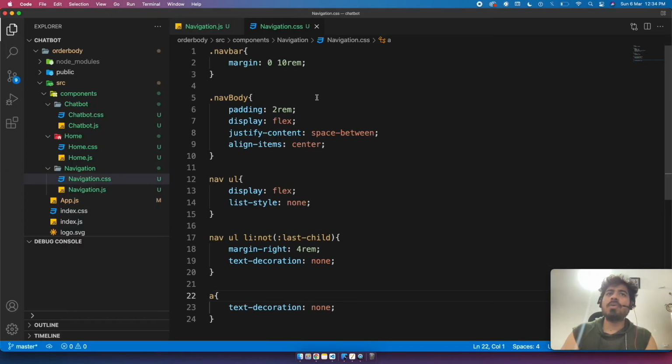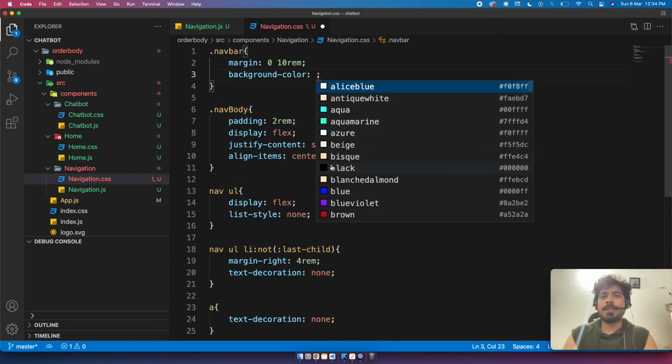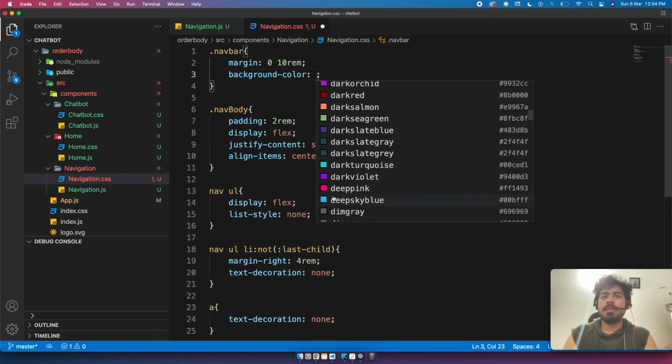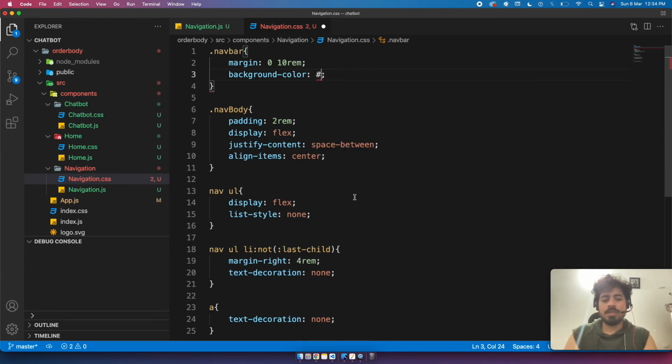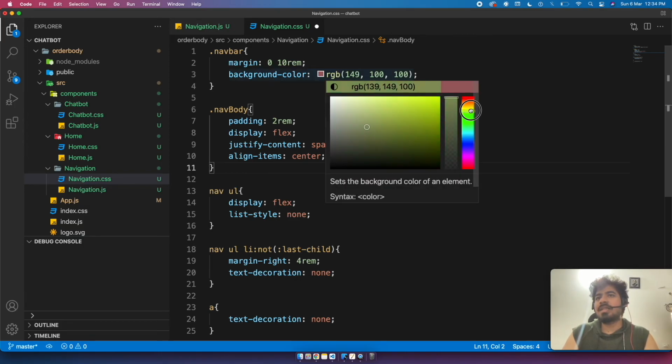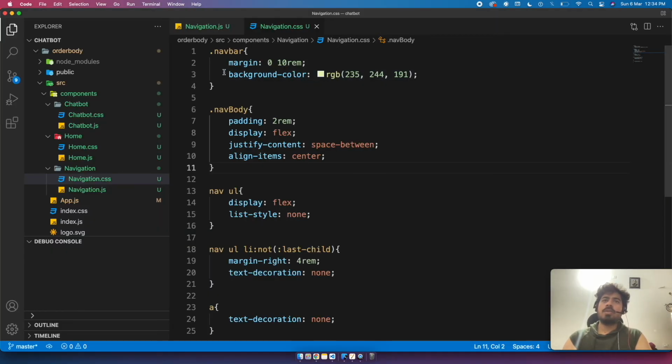If you want to provide some background to it, definitely you can provide some background. Maybe I want to give a background color as maybe some nice color. Let's define a color. तो क्या करते हैं, अभी मैंने इसको रेड दे दिया ताकि मुझे कलर पैलेट मिल जाए। ठीक है, अब मुझे कलर पैलेट मिल गया तो I can decide some color. So what I'm going to do, I'm going to decide some nice different kind of color, which is this kind of color।